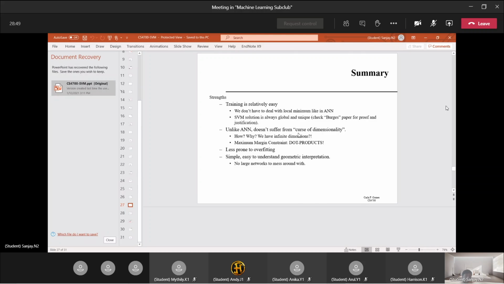Additionally, it doesn't suffer from the curse of dimensionality. Essentially, what this means is generally, when you're working in machine learning, you always want to simplify the problem, right? As soon as you start adding in more features, more variables, the problem always gets more complicated. But the good thing is SVMs are actually more resilient when it comes to that, and you can actually add more features or variables to see the performance. You don't have to perform as much pre-processing and feature engineering, and your results won't actually be